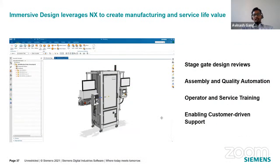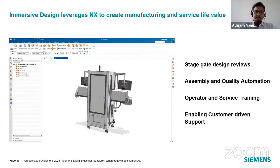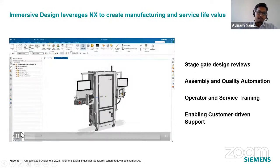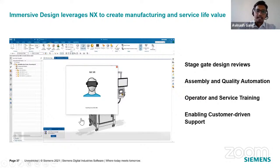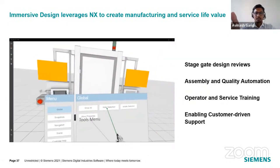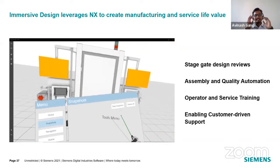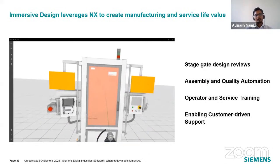To the stakeholders. And in today's generation, we are also looking at people not able to travel, but yet we are forced to do quicker design reviews. So how do we do that? Within the NX environment itself, with one click of a button, users can do a virtual reality or virtual design review of the asset. You see this here. In this case, the user can just put on the VR headset and see the same data, have access to the same digital model of the component of the product,